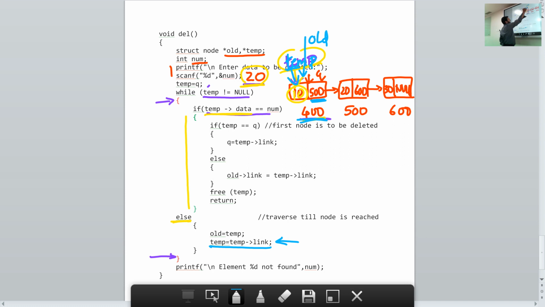Temp arrow link value is 500. That we are giving to temp. Now temp gets the value 500. That means temp will point to the node with the address 500. Where is 500? Here. So temp will point to the node with the address 500. So just let me take out temp from here.